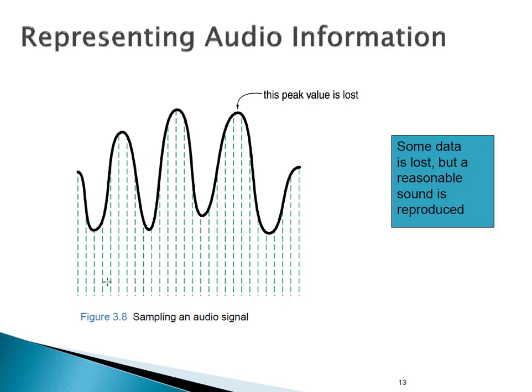But if we do this, like we say, 40,000 times per second, then we don't really notice that the information is lost. And that's important, right? Because if we don't notice the information lost, then why should we keep it? Remember, as computer scientists, our goal here is to capitalize on time and space, right? So how much time it takes to run our programs and how much space it takes to store information